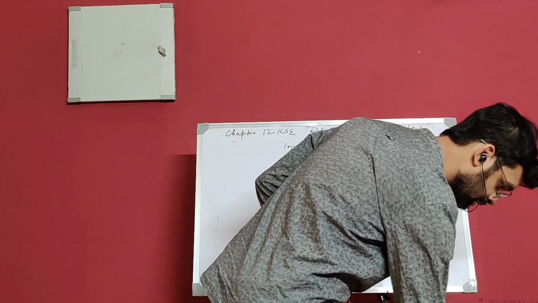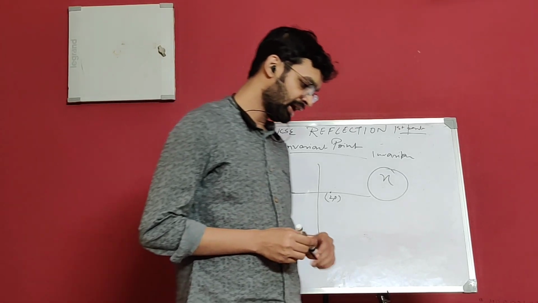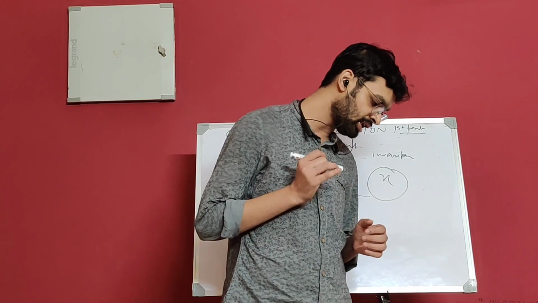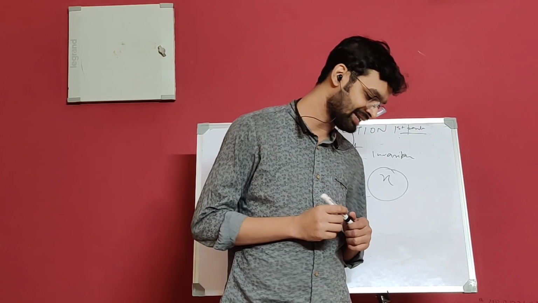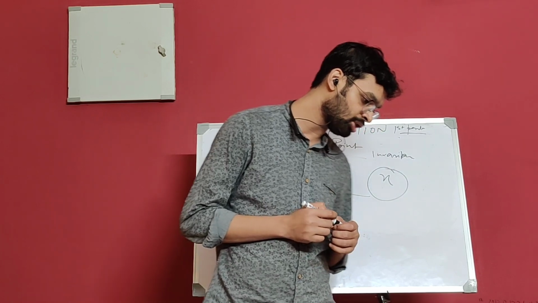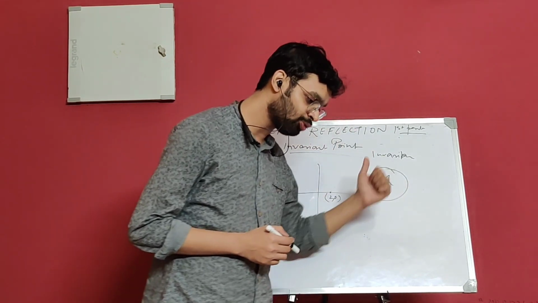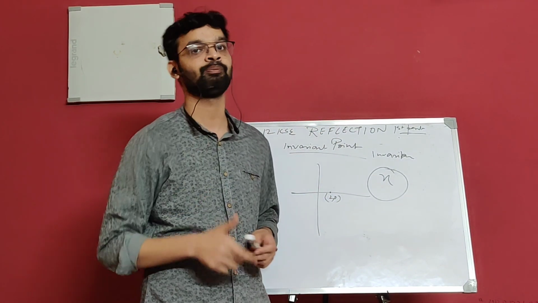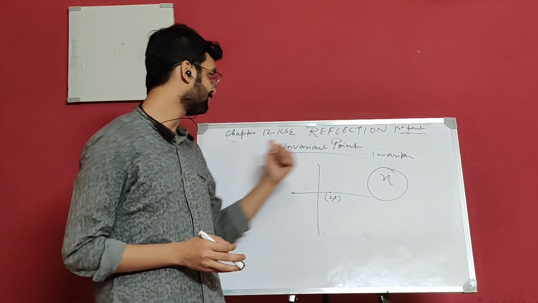The same is with the y axis. If I put 0 comma 5 and I am telling you to reflect in the y axis, it will be again the same. So remember, in case of any invariant point, the point is its own image. That is the reflection of the point is the point itself. Such transformation is known as invariant transformation. Similarly, reflection of any point is invariant under the reflection in the line if the point lies on the line. So this was the study part of this chapter, that is reflection.